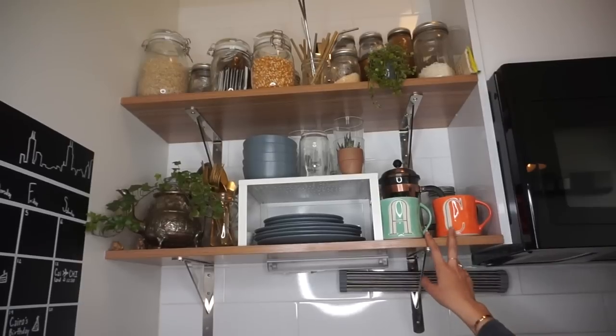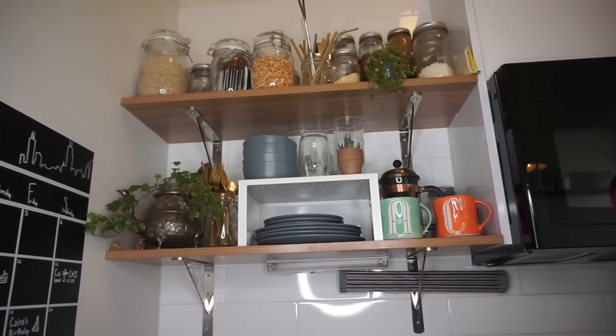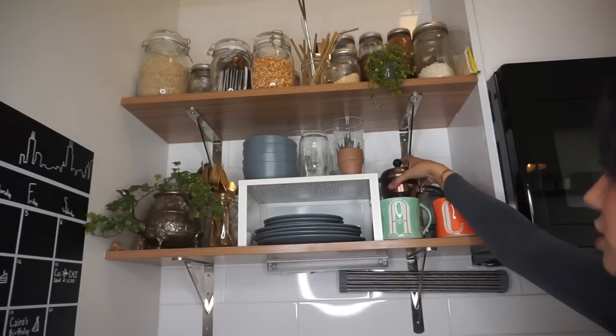Moving on up, so over on this side, this is where I keep our coffee mugs. I have our French press. I highly recommend a French press for a studio apartment. It is so much smaller than a Keurig. And then I have the coffee in a jar. Back here,